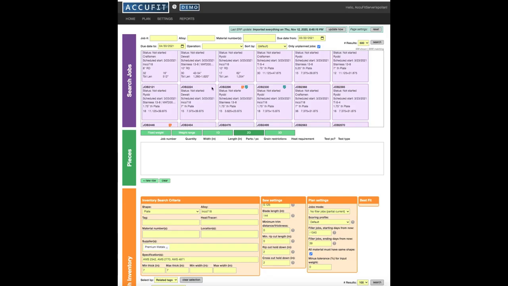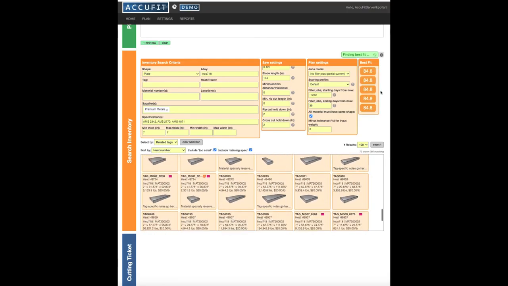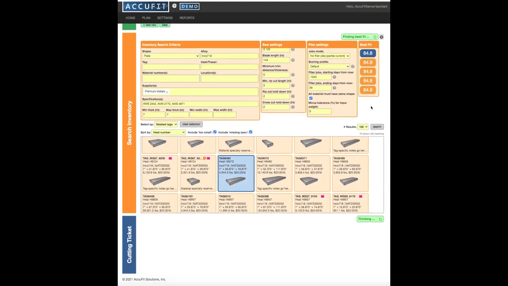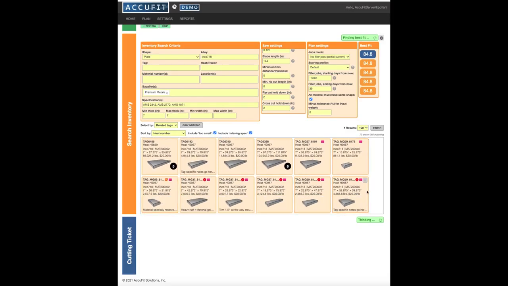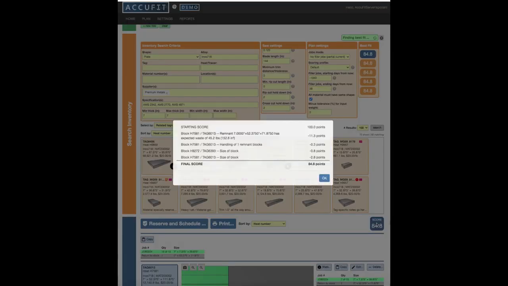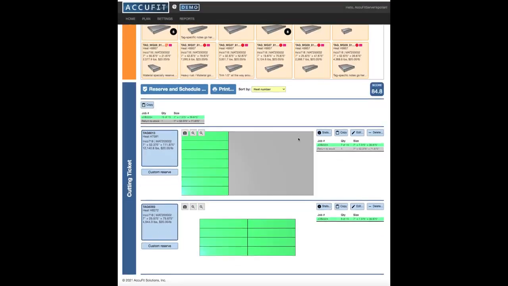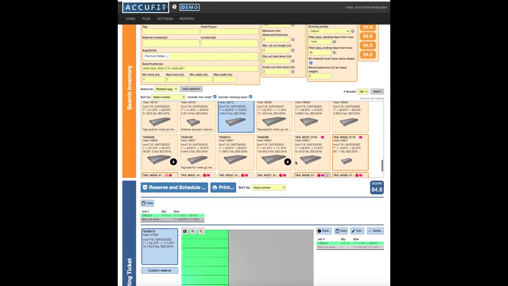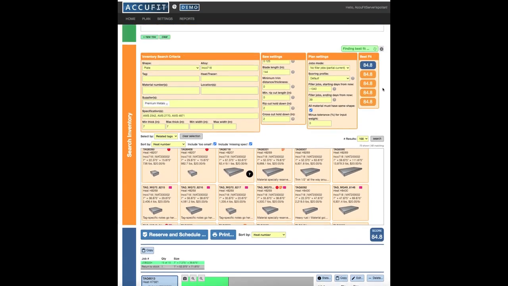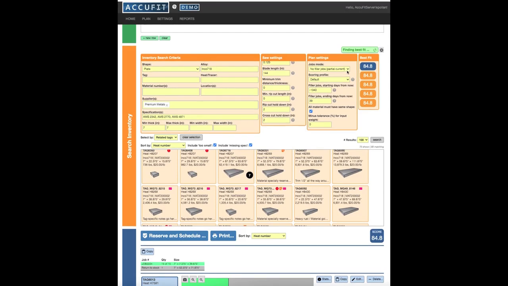Let's say you're planning job number 22224 for 15 pieces, and your score is 84.8, and AccuFit goes out and plans that order and looks at your inventory. There are 60 matching pieces of plate that match. When you look at the score, there's still 45 pounds of expected scrap resulting from the remnants, this piece of remnant that will likely be used but not consumed at a high percentage. So AccuFit does a calculation for the expected loss based on historical usage